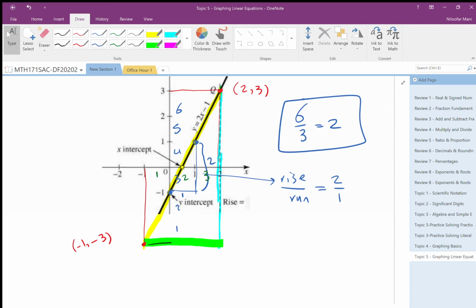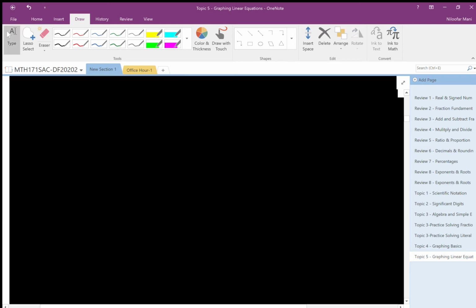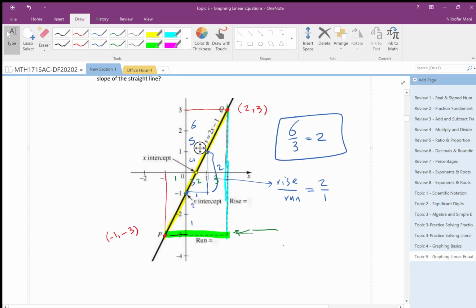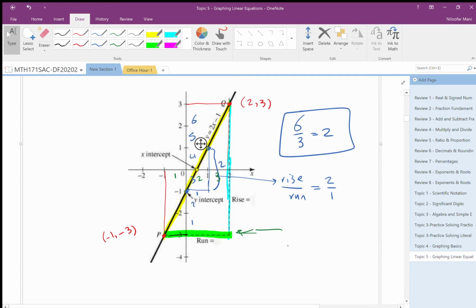Okay, so for example, what is the change from here to here? From this one to this one, I counted 1 2 3 4 5 6. Yes. Okay, so can I say that